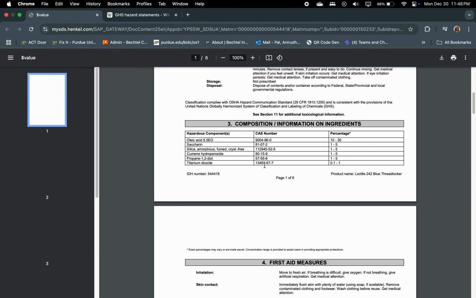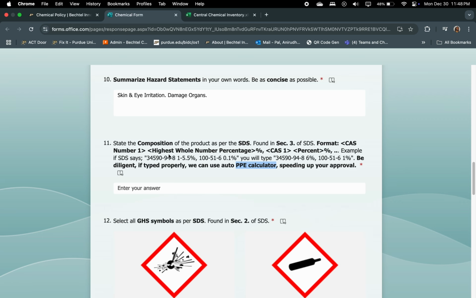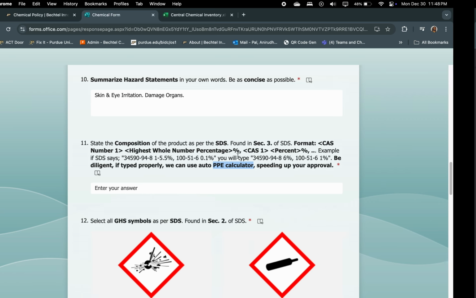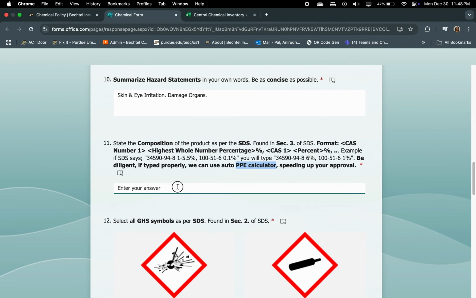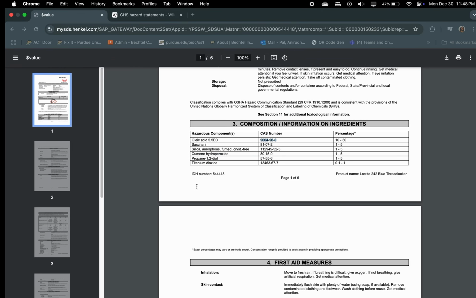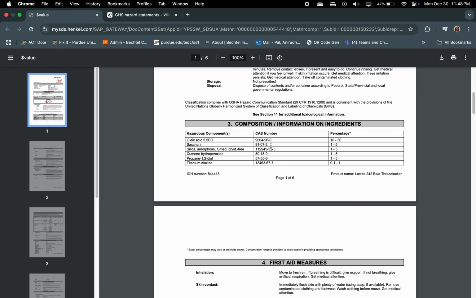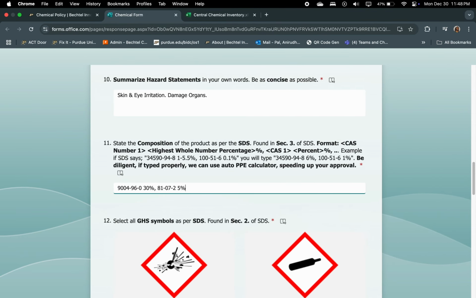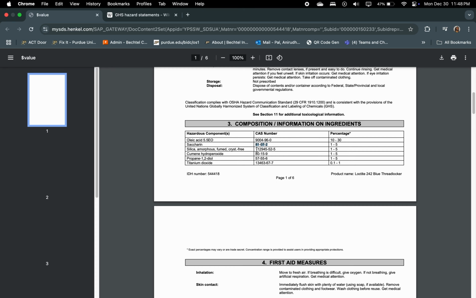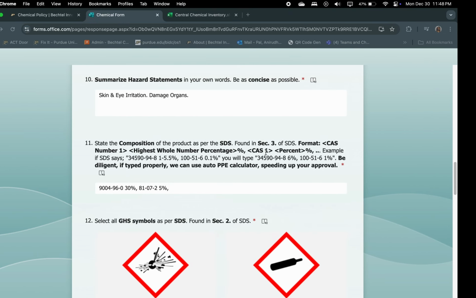So let's see. Here are the CAS numbers. So I need to include the CAS numbers followed by a highest whole number percentage. Now in this case, you can see there is a range, 10 to 30. So I'm going to state 30. So I'll copy this one right here, paste it here, space 30%, comma, copy this one right here, paste 5%, copy this one here, paste